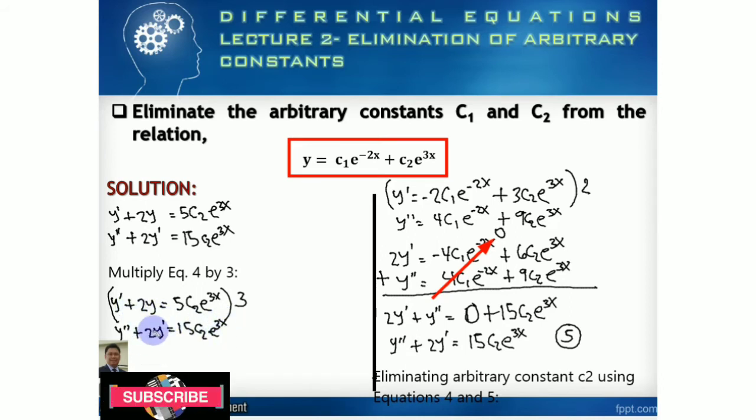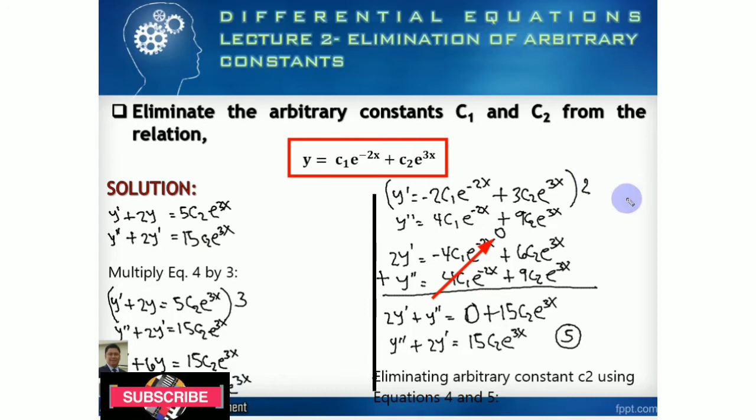Okay, so after you multiply this one, this will be 3y prime, 3 times this one, and then 3 times 2y plus 6y is equal now to 15. 3 times 5 is 15 c2 times e raised to the power of 3x, and then this one remains. So this would be y double prime plus 2y prime is equal now to 15 c2 times e raised to